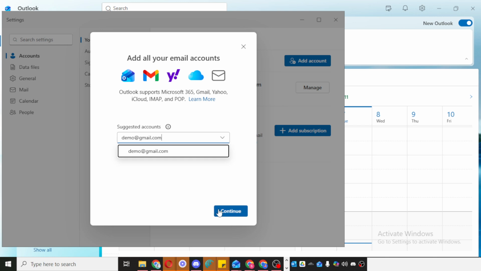In many cases, Outlook can detect the correct settings automatically, which makes the process much easier. If that happens, simply continue through the setup until you see confirmation that the account has been added successfully. If Outlook takes a few moments to verify the account, that's completely normal, so be patient and let it finish. Once the setup is complete, your GoDaddy email should appear in Outlook, and you can begin using it right away.